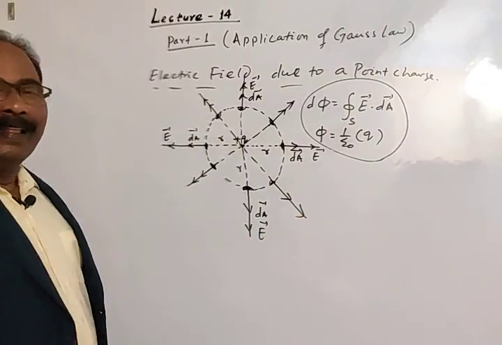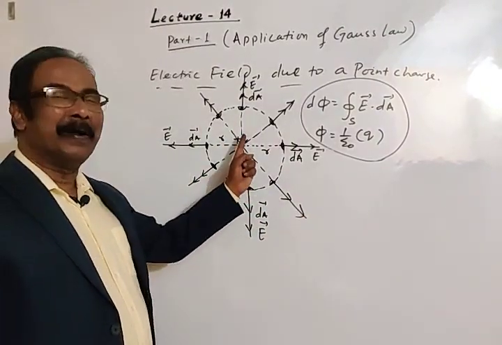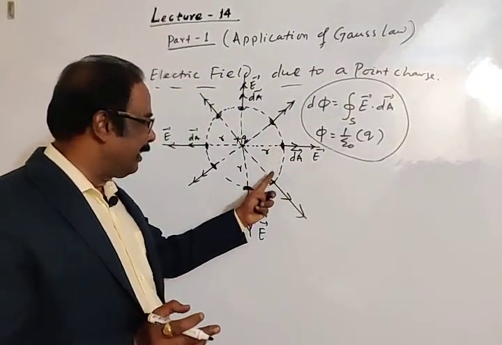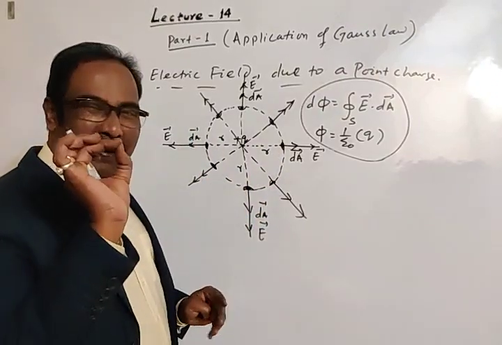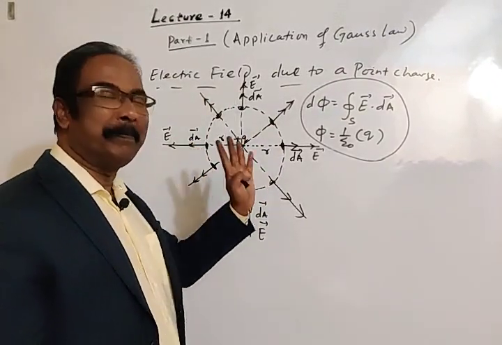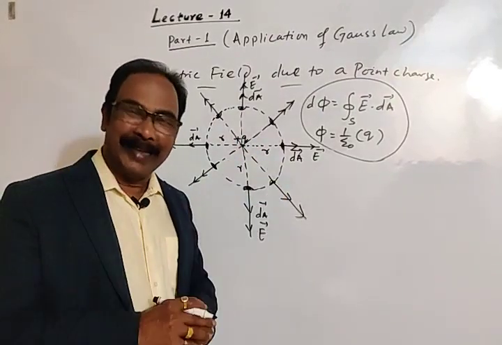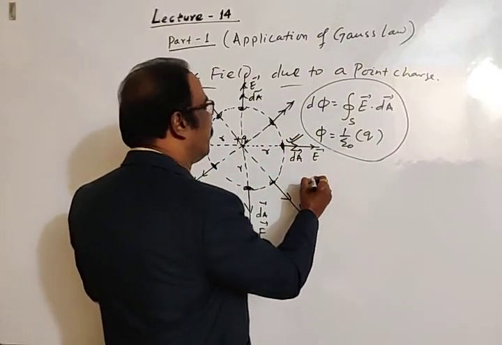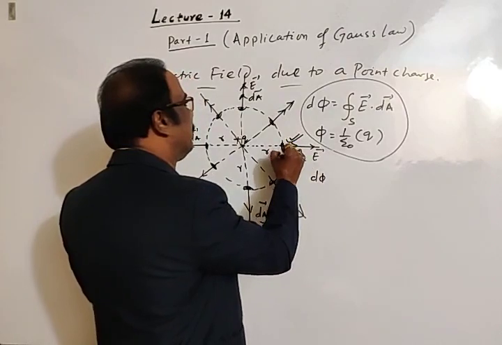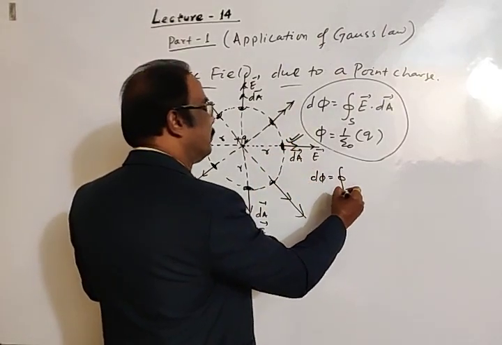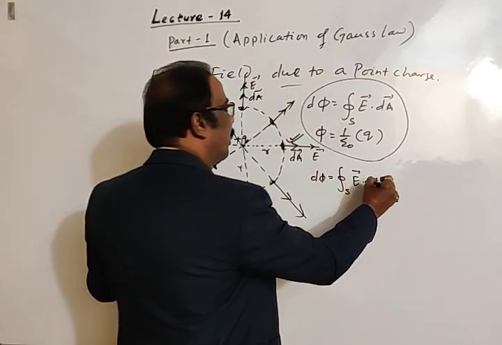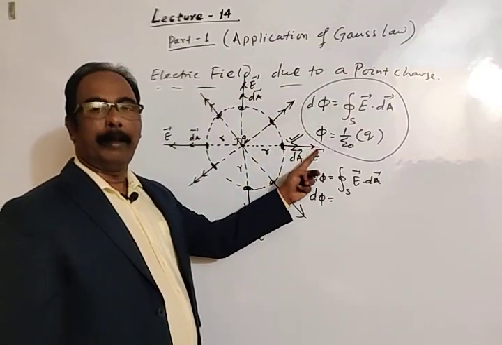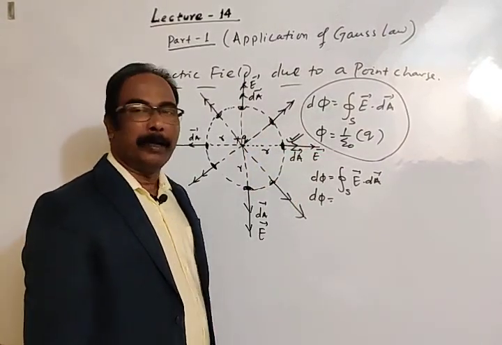Okay, this is the representation of a Gaussian surface around a point charge, this imaginary spherical surface, and we have taken a number of elemental surface areas dA on the surface of the spherical imaginary Gaussian surface. Taking any one of these area vectors, as per the formula, d phi from this elemental area vector is the surface integral of E dot dA, and here both the electric field and the elemental area vector are in the same direction, thus the angle between them is 0 degree.